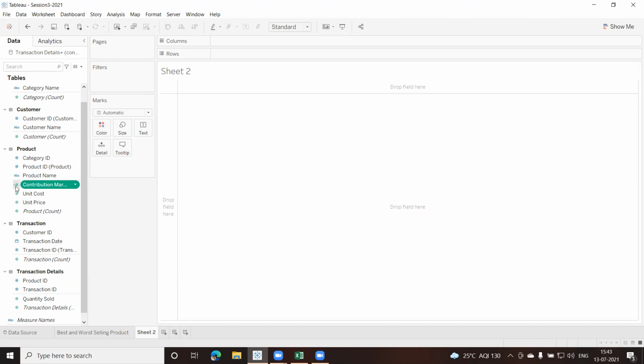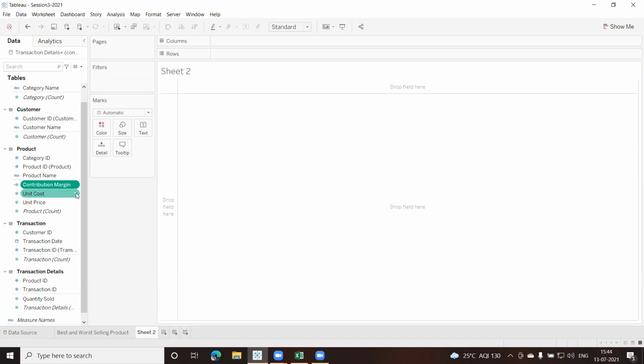One more thing about this. If you look at the field which got added, it got added in this particular table, the products table, right? The reason was that the two fields which I selected for the calculation belonged to the same table. That was the reason why this field got added in the same table here, and it was not outside. Clear.